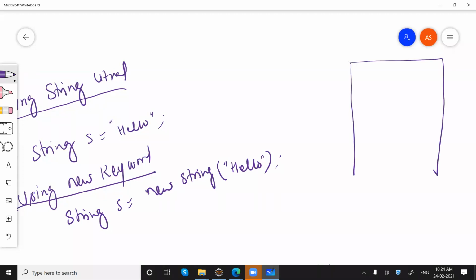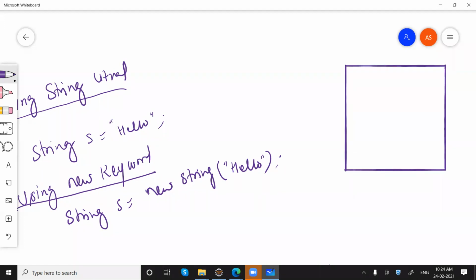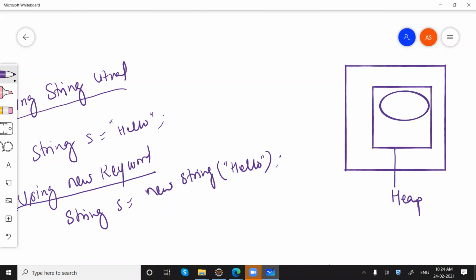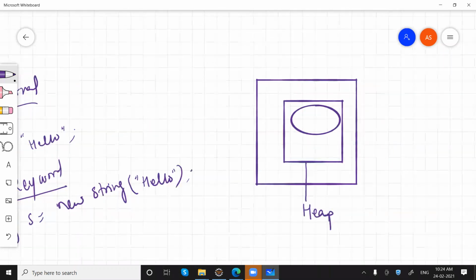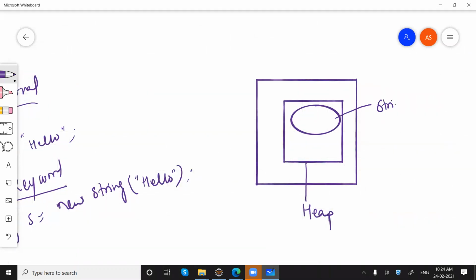So inside your JVM, and inside your, let's say this is your heap where objects will be created. Okay, there is a specific area that is called string constant pool.